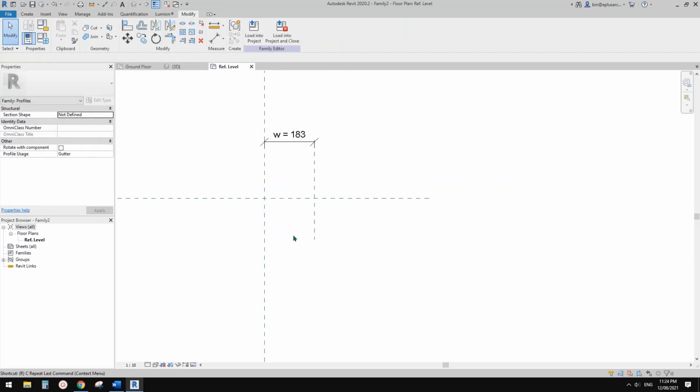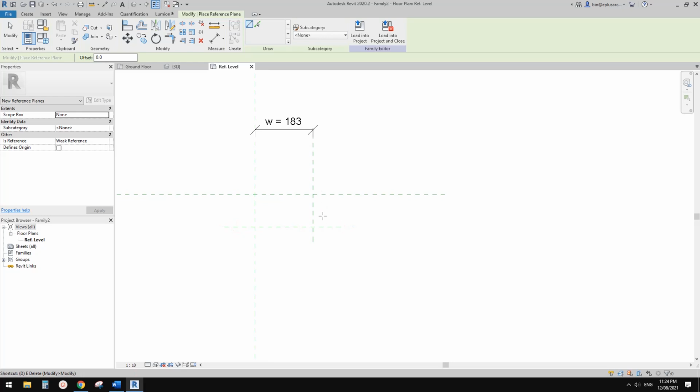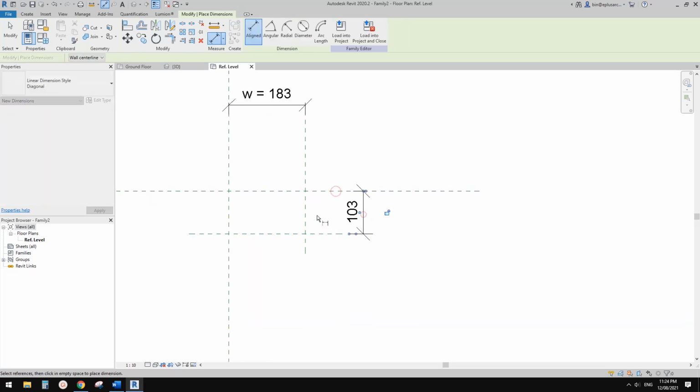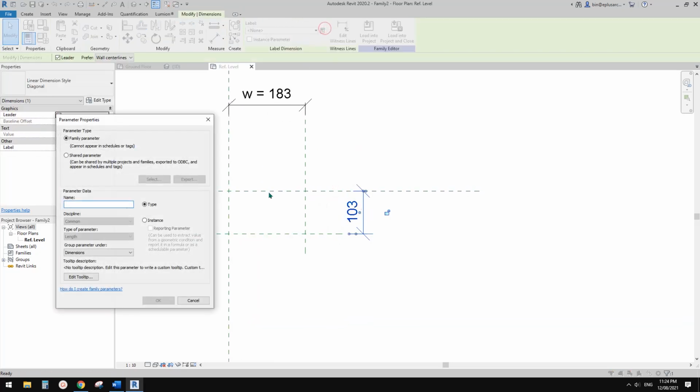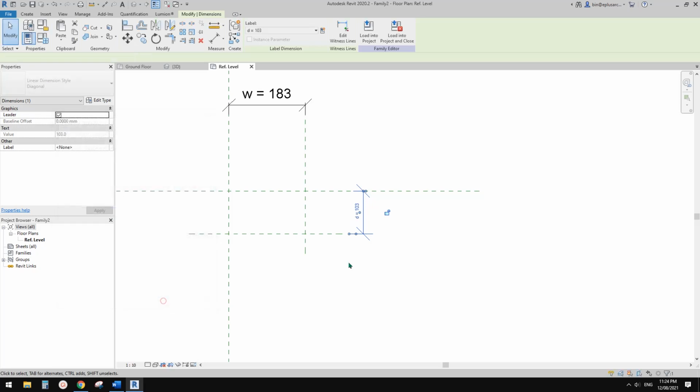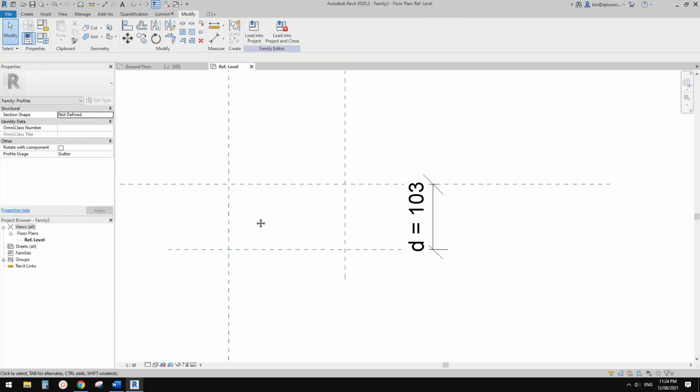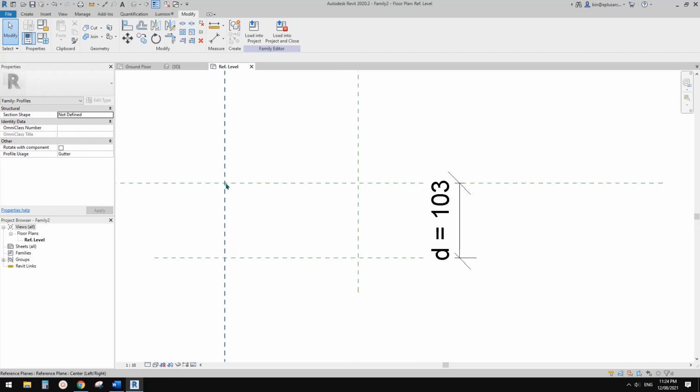Oh hell, we need another. So this will be the depth of the gutter. Okay, so maybe I'll just create a new one, D, type, and OK. So in reality, there's a thickness, but